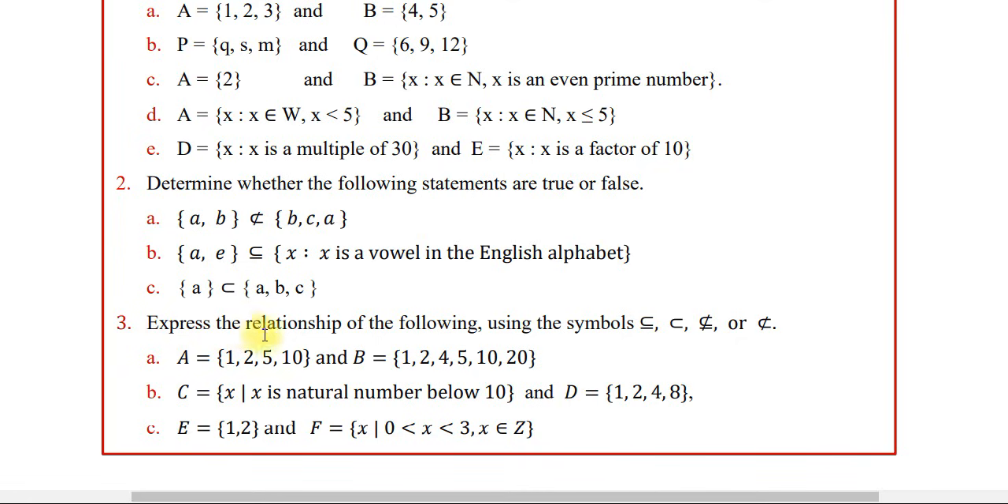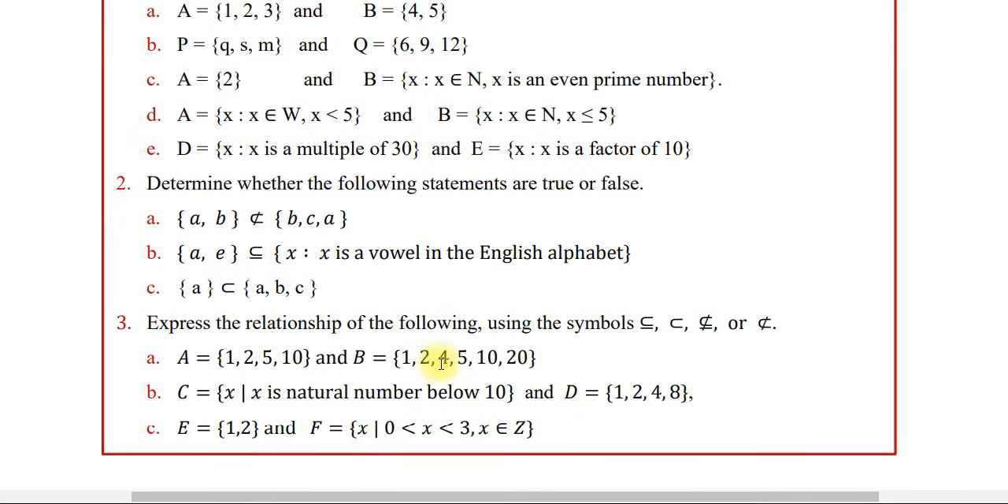ሶስተኛ ደግሞ ኤክስፕረስ ዘ ሪሌሽንሺፕ ኦፍ ዘ ፎሎዊንግ ይላል ዩዚንግ ሰብሴት፣ ፕሮፐር ሰብሴት፣ ኖት ሰብሴት፣ ኖ ፕሮፐር ሰብሴት እያላችሁ ግለጹ ይላል። ለምሳሌ አንዷን እንስራና እንጨርሳለን፣ ደቂቃ እየሄደብን ስለሆነ ማለት ነው። ኦኬ ኤ 1 2 5 10 ኤንድ ቢ ደግሞ 1 2 4 5 10 20። ስለዚህ ኤ ኢዝ ኤ ሳብሴት ኦፍ ቢ እንላለን ማለት ነው። ለምን? ኤ ላይ ያሉ ኤሌመንቶች በሙሉ ቢ ላይ ያሉ።